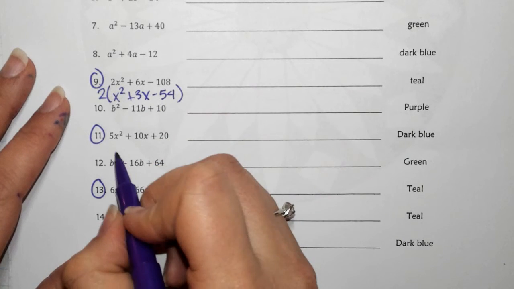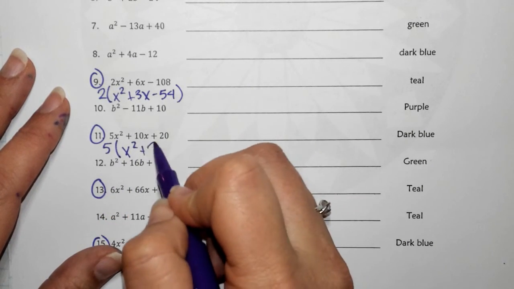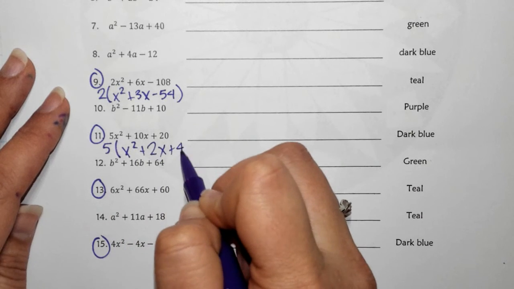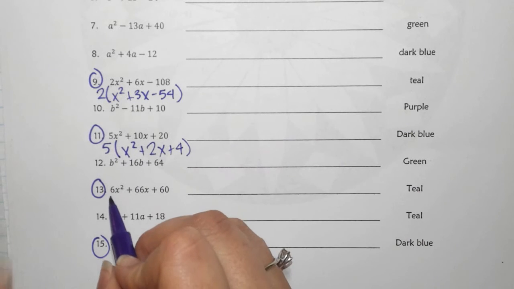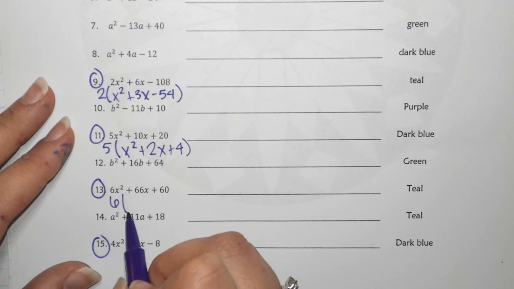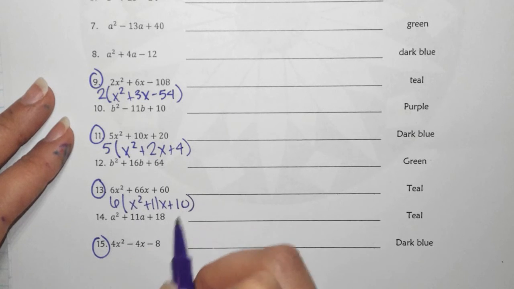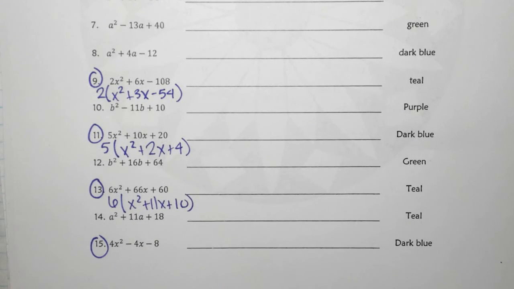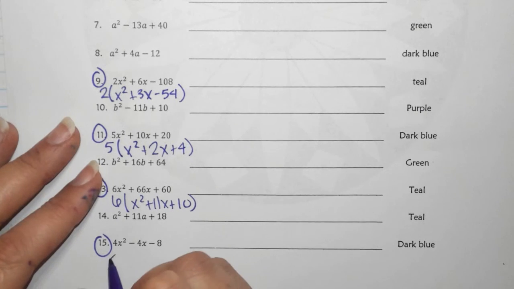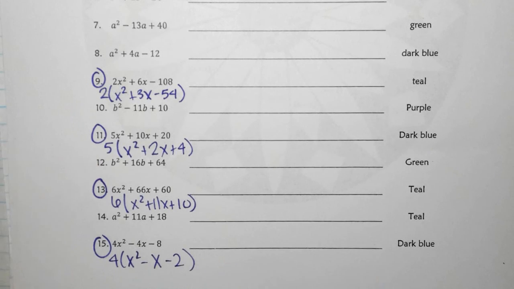On this one, you factor out a 5. That would leave you with x squared plus what? 2x plus 4. Awesome. Take a point. What about 13? 6. And that would leave you with? X squared plus 11x plus 10. Take a point. And the last one? 4. Okay. And that would leave you with? 4x squared minus x minus